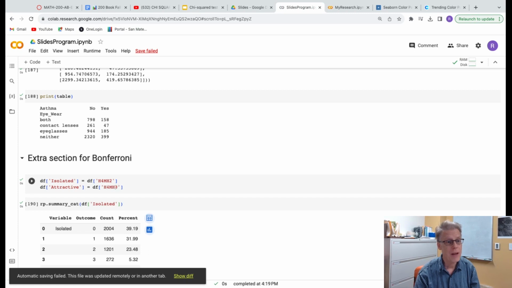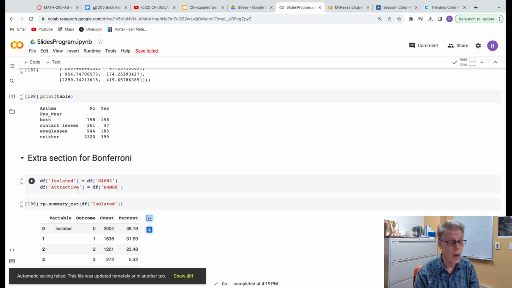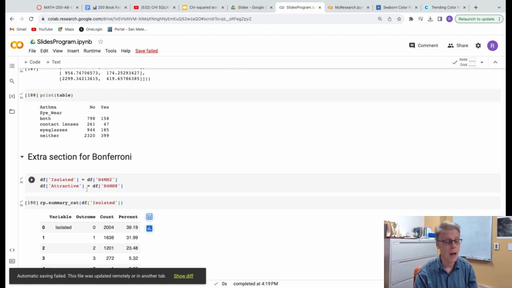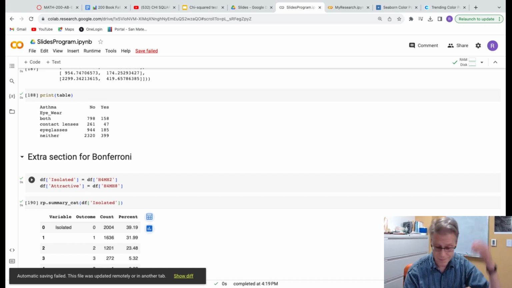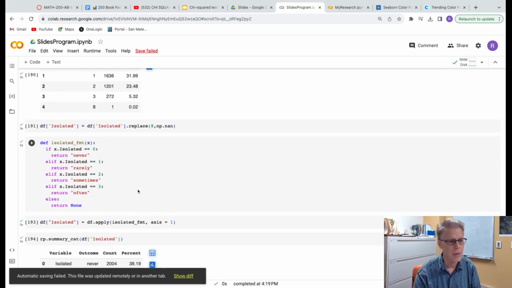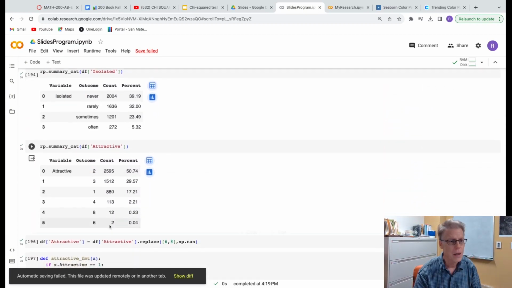And then H4MH8 is how attractive you think you are. And so I thought that there would be an association. I'd figured that folks who felt isolated a lot partly felt isolated because they didn't think they were attractive. Whether other people think they're attractive or not, if you don't think you're attractive, you might want to isolate yourself, right? That's just kind of human nature. So that's what I was figuring. And I went through and did the data management also with attractive.